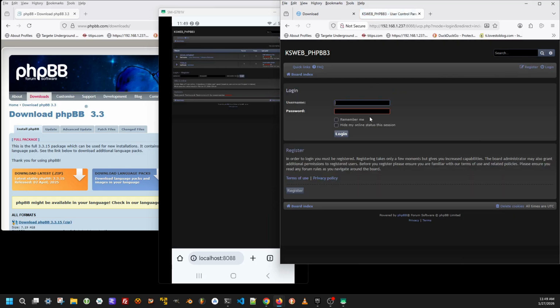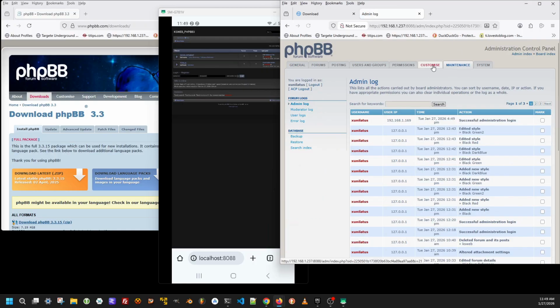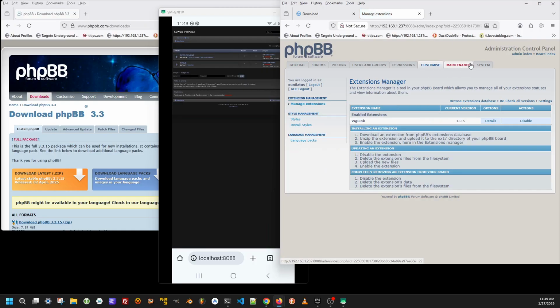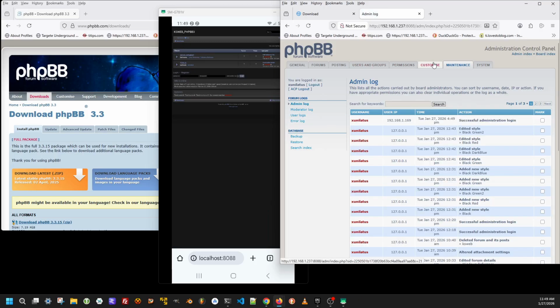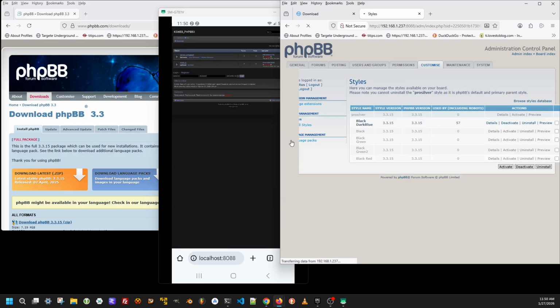You can log in. So I have this installed. I think it's permissions. Where's customize? And then styles. That's what I have installed. I'm using this one. It's pretty awesome. The regular one you're used to seeing